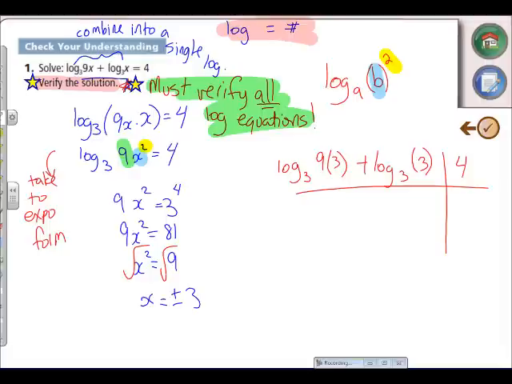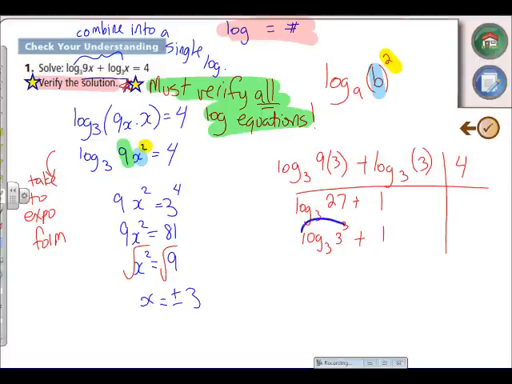Let's find out. That's log base 3 of 27 plus, hey, log base 3 of 3, that's 1. Now 3 to the what gives us 27? Oh, that's 3. 3 to the 3 equals 27. Or, in other words, log base 3 of 3 cubed is